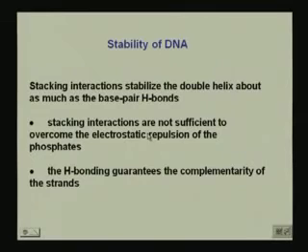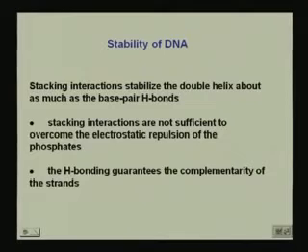The stacking interactions are not sufficient to overcome the electrostatic repulsion of the phosphates. So, the phosphates will remain as far apart as possible, stabilized by some positively charged divalent ions or polyamines, and the hydrogen bonds between the purines and the pyrimidines